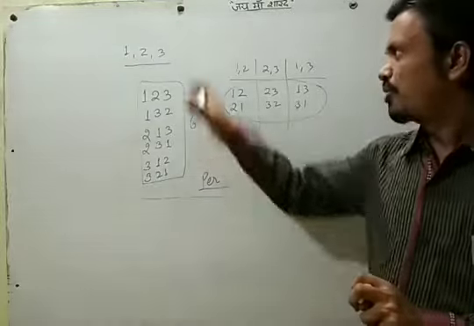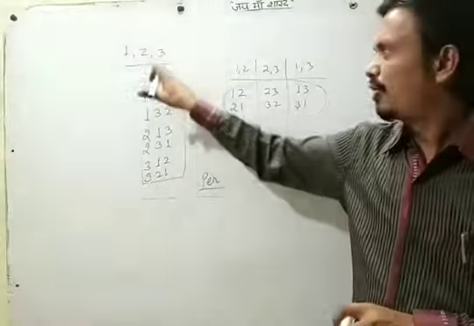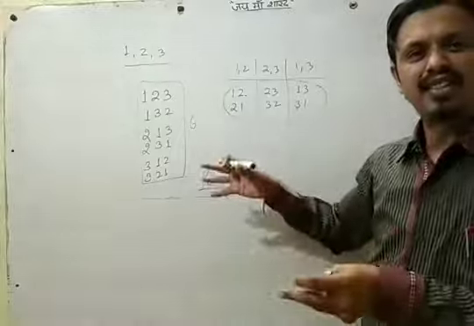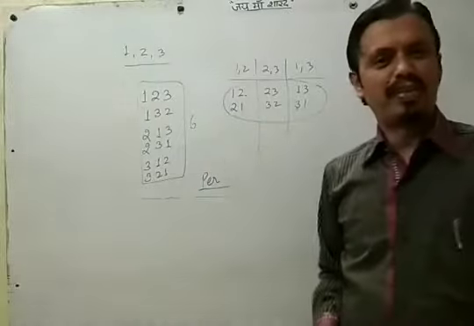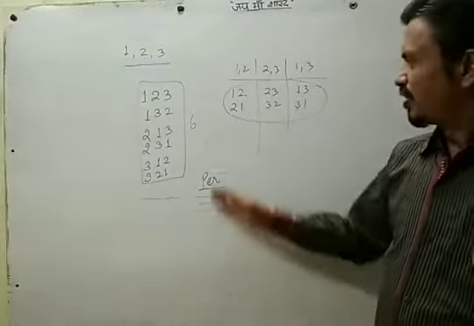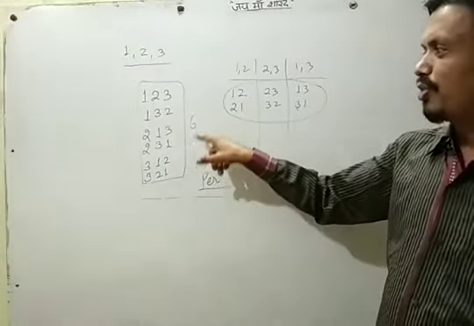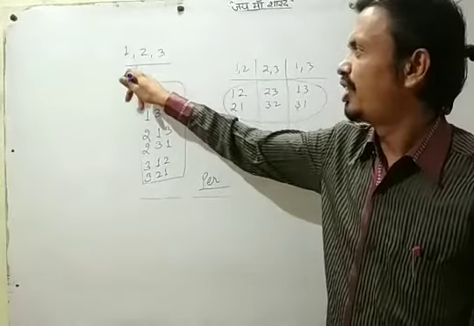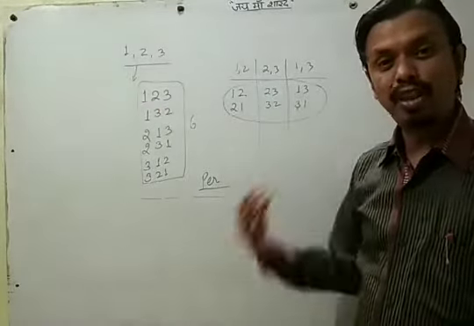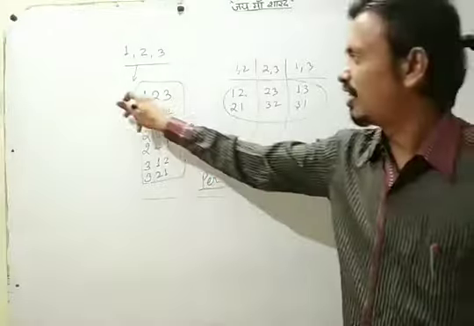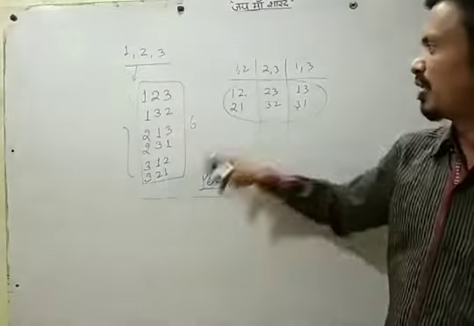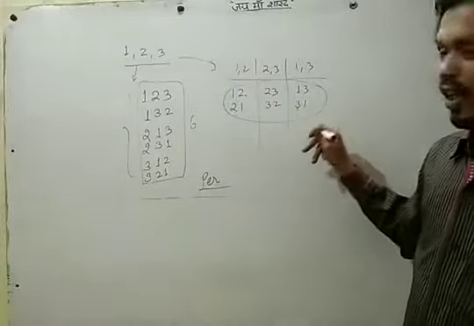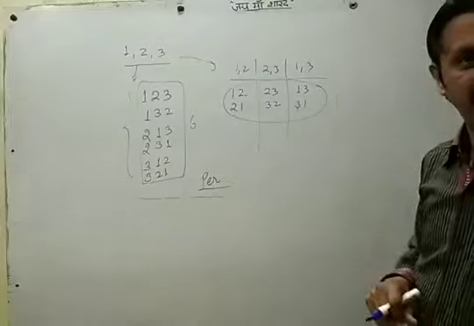If some objects are given, we take all or some of them and make arrangements. That arrangement is called a permutation. So these 6 arrangements, or you can say we have 6 permutations. If 3 digits are given and we take all 3, how many permutations can we form? The answer will be 6, and these are our permutations. In the same way, if from these 3 we take only 2, how many permutations can we make? Again the answer is 6.